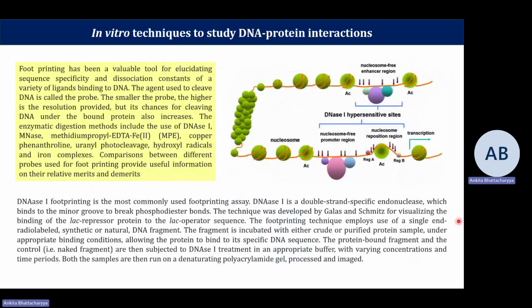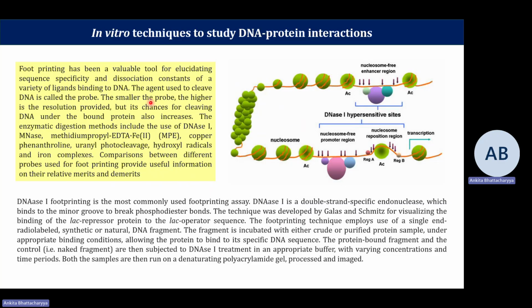Following that, footprinting has essentially been used as a tool for elucidating sequence specificity and the dissociation constant of a variety of ligands binding to DNA. The agent which is used to cleave DNA is called the probe. So the smaller the probe, the higher is the resolution provided, but its chance for cleaving the DNA under the bound protein also increases. The enzymatic digestion method involves the use of either DNase 1, like we already discussed,